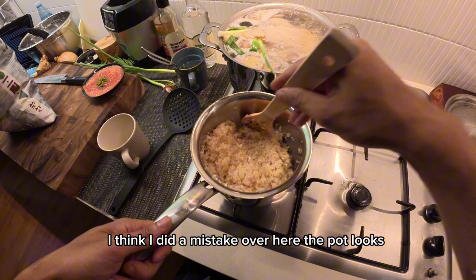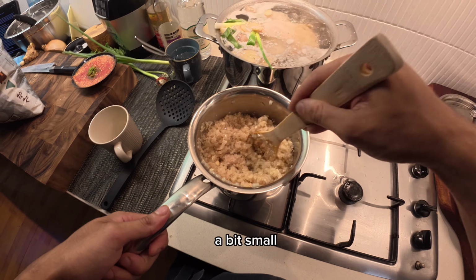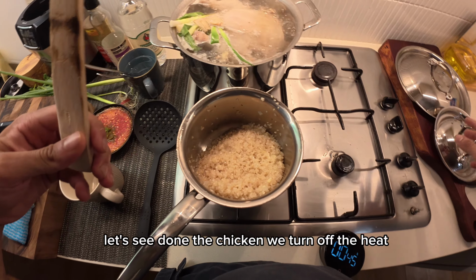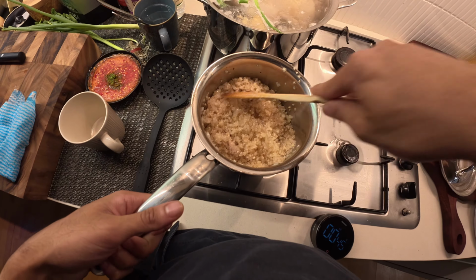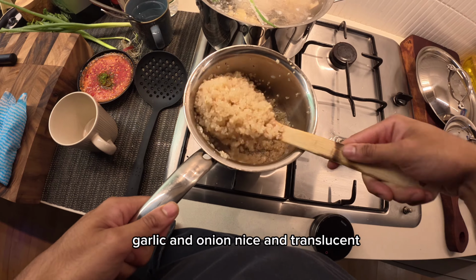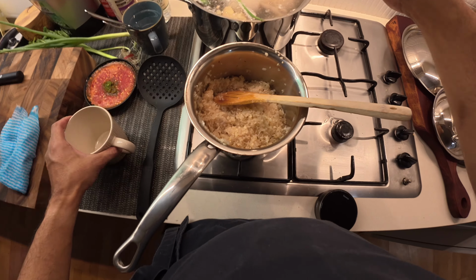Ooh, I think I made a mistake over here. The pot looks a bit small. Let's see. Done. The chicken with some of the heat. The rice is nice and toasted, along with the sesame, garlic, and onion, nice and translucent. Now we're gonna add the chicken stock